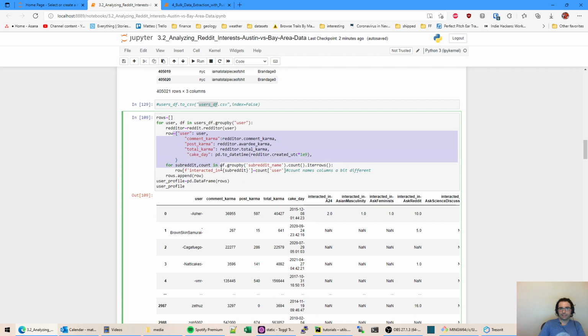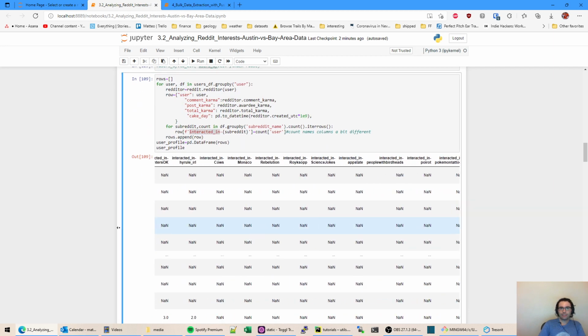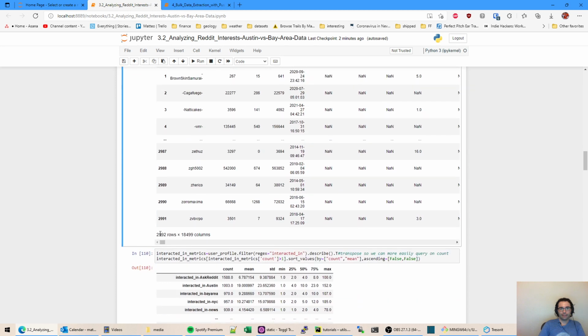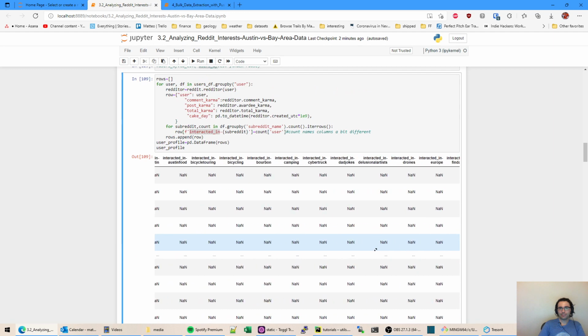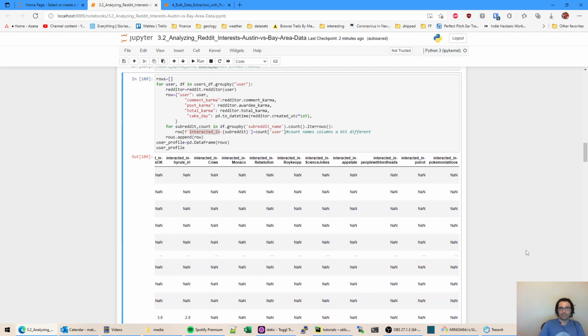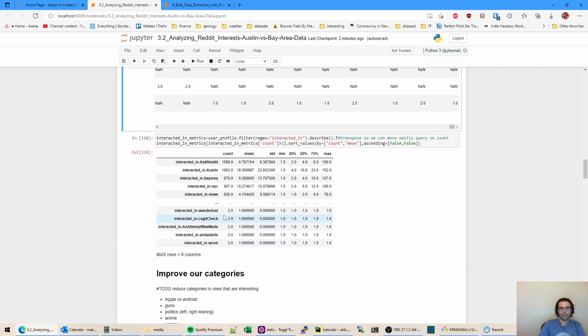Okay, back in here, exact same stuff as before. We're going to find the interactions first. And this is really a bit bigger. You can see last time I think we had just 300 columns. Now we've got 18,500 columns. Quite a big difference. So I'm not going to show every single one of those. It's a bit too much.